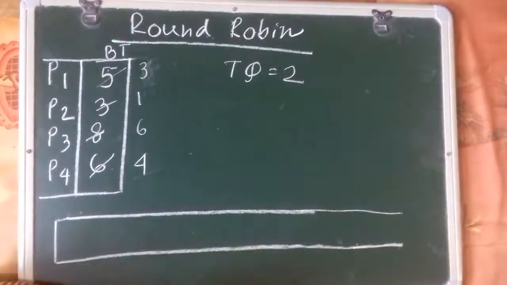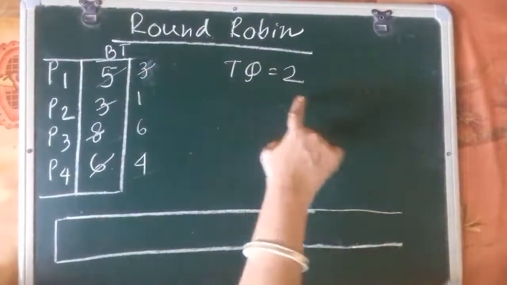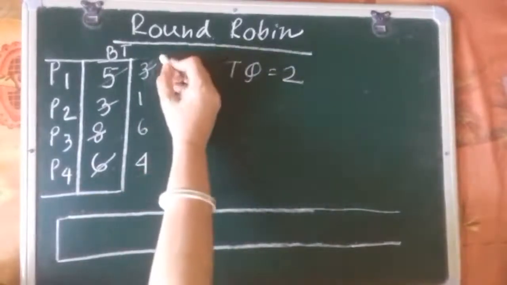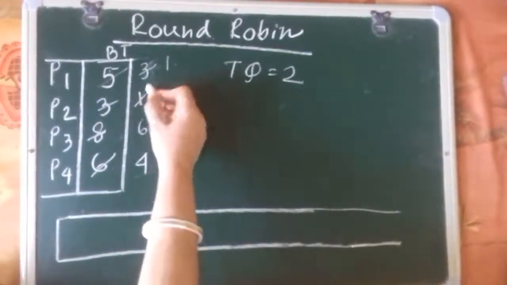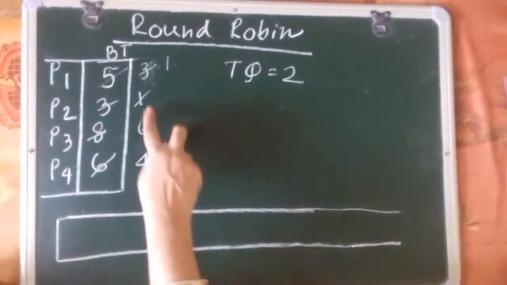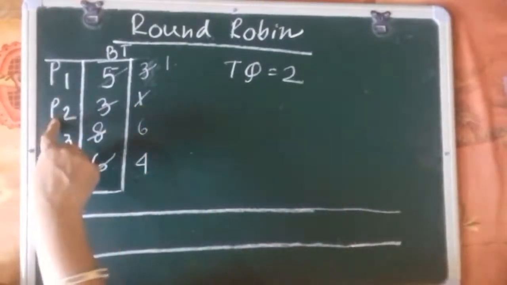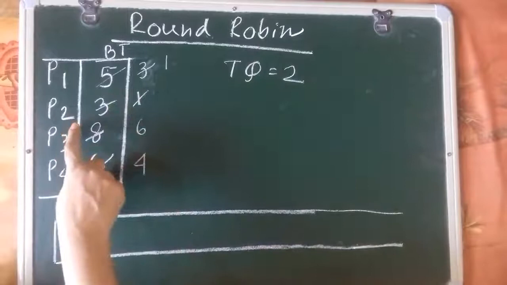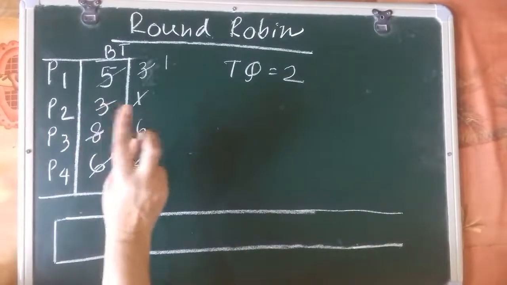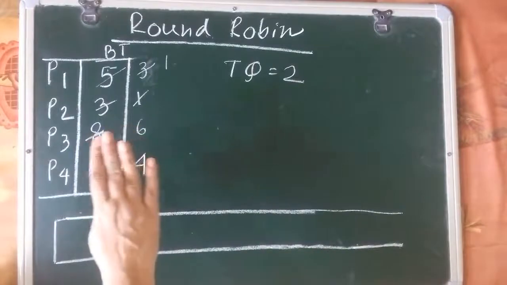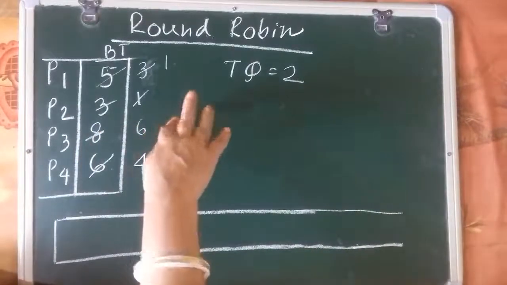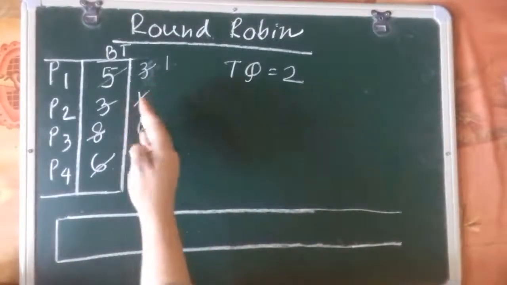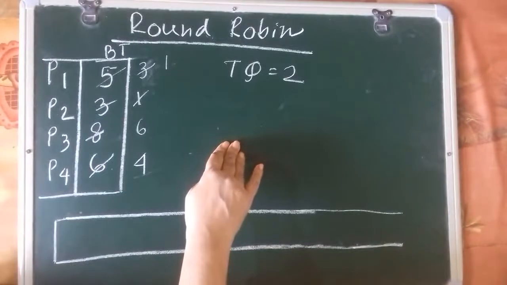Again, in the next round, what will happen? The time quantum will remain the same for a particular process. Now the question is, we had 1 unit of pending time for P2, whereas the time quantum is 2. So should 2 units of CPU time be given to P2? No. Time quantum is the maximum time the CPU should be given to a particular process. But if the process does not require that much time, then after execution it will release the CPU. It won't waste CPU time.